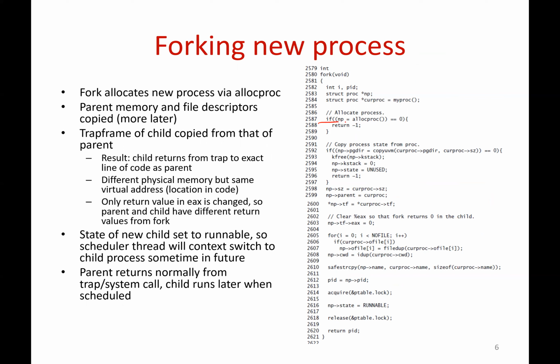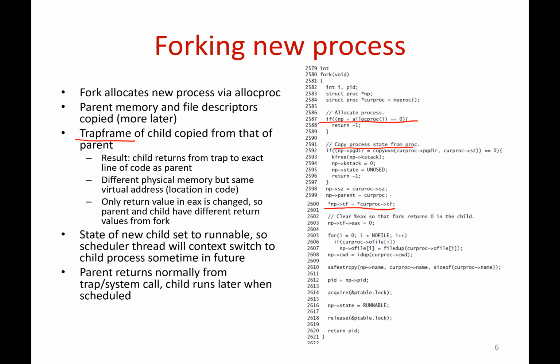It also calls allocproc to allocate a new struct proc entry, and the kernel stack of the new process is set up with the context structure and everything that we've seen. Now, the only thing remaining is to set the trap frame. So here we've seen this, all the process state is copied, memory and file descriptors and everything. We'll come to that later. The important thing is that the trap frame is copied from the parent.